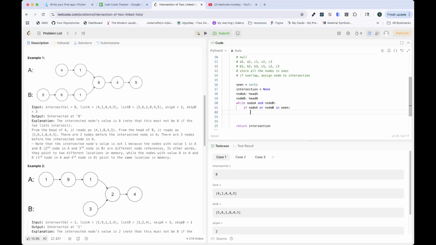So if you find that either node A or node B is in seen,